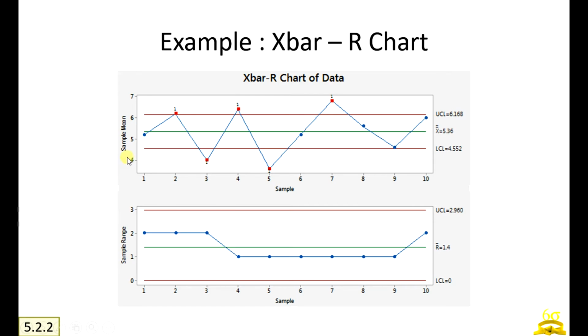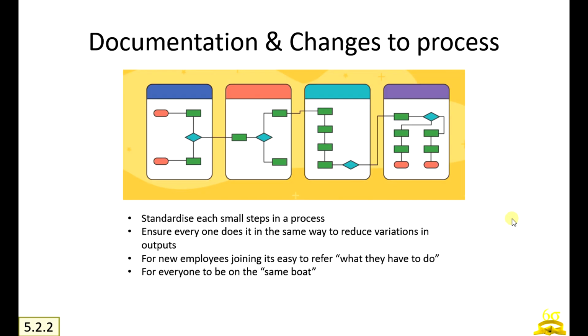This is another example of an X bar R chart, the mean and range chart. So if you see here, again there are points out of control, and for each of these points you need to do a RCA, as well as it is a zigzag line. So clearly everyone is not following the same process. Same with the range chart, it is abnormally consistent, so the range remains the same. So this again has to be looked into, why it is so consistent. Once it started with 2 and suddenly went back to 1 and then again came back to 2, right? So that has to be evaluated. So that's broadly what the X bar R chart is at a yellow belt level.